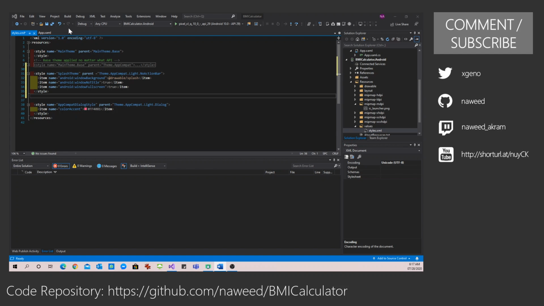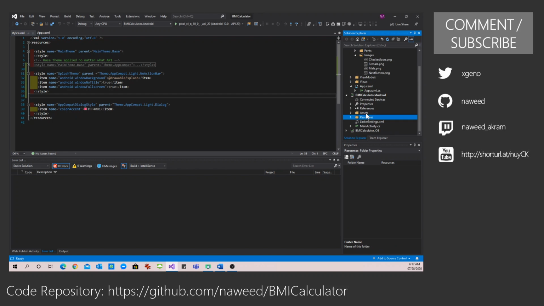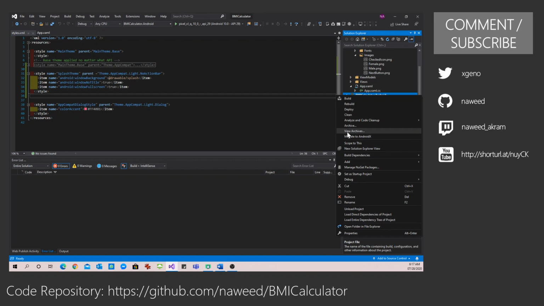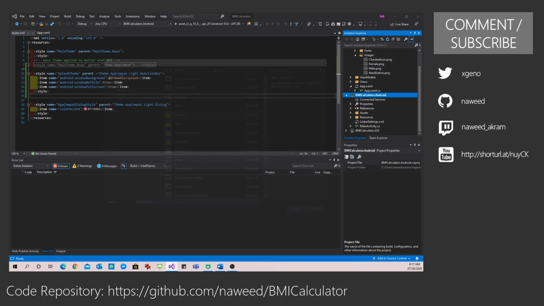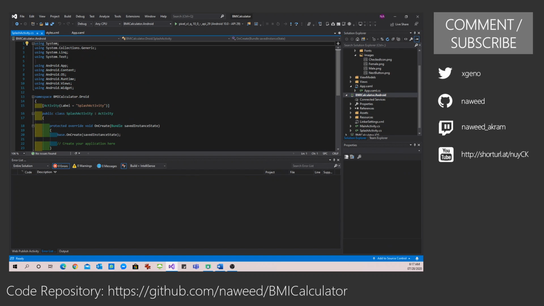With this one done, our next step is we need to add a new splash activity. Let me minimize this. Add new item, and I'm going to add an activity, and I'm going to call it splash activity. It's a simple activity. This is where we need to define the label. We want to call our application as BMI calculator, and we are going to apply a theme to this.